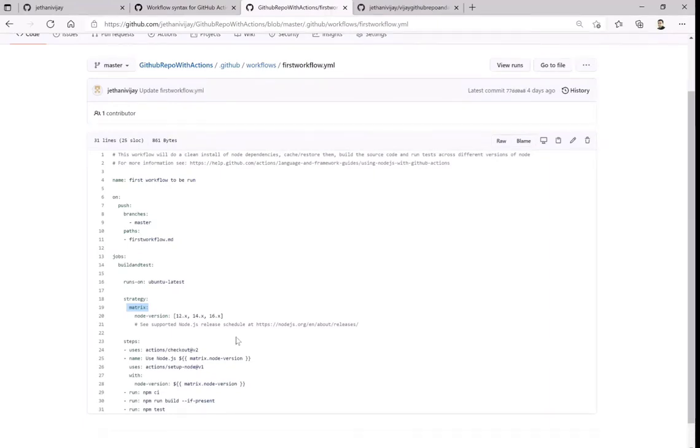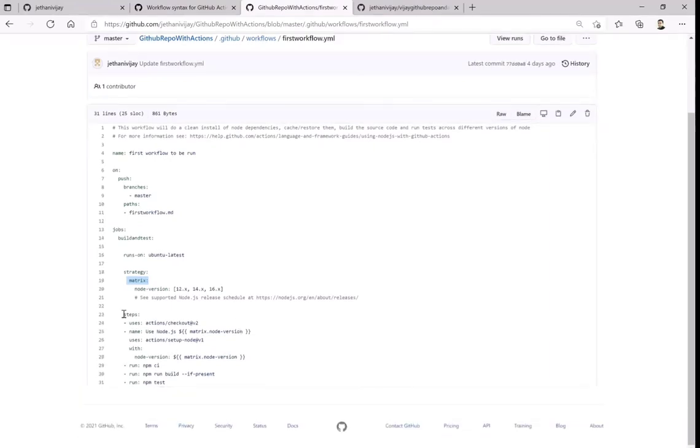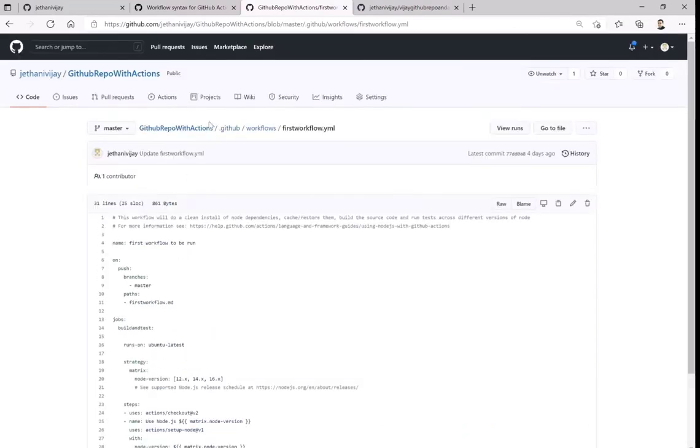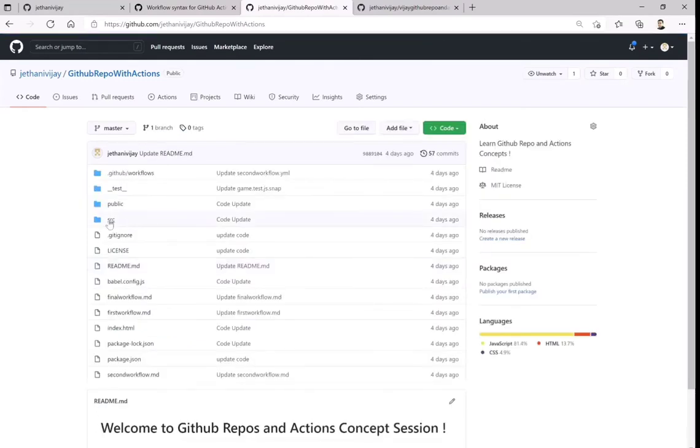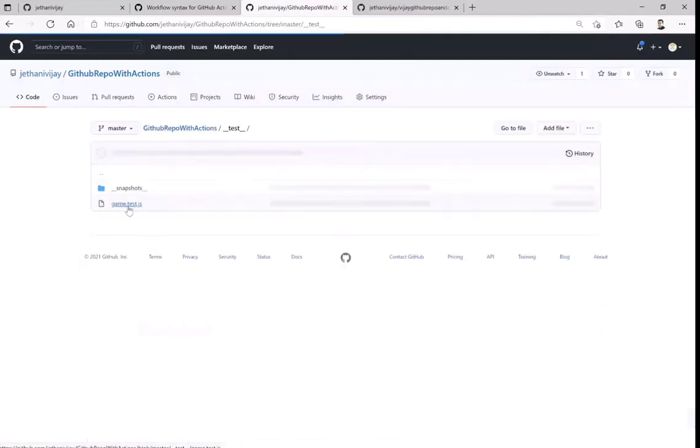Okay, and then following that, I think I have just written the steps of what I'm trying to run on that Node.js, following that node specific metrics. Okay, I just want to have the CI for that and build, run, create the build out of it and run some test. So everything as required for this particular workflow I have kept in this particular source file. Similarly, the test use cases I've kept under the test. Okay, so this is the sample repository I have.